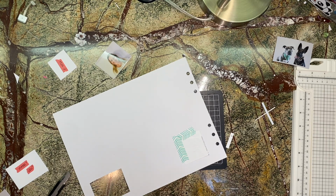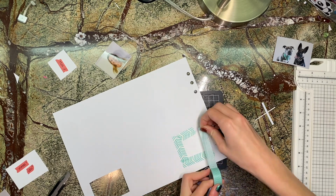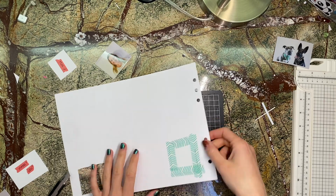So you can see what I'm doing here on the screen. And I apologize if I pop in and out of the frame a little bit. My framing wasn't perfect on this. There was a lot of careful thinking going on, so I kind of lose track of the fact that I'm filming. But once I cut my frame out, I pop my picture in, make sure it looks good,